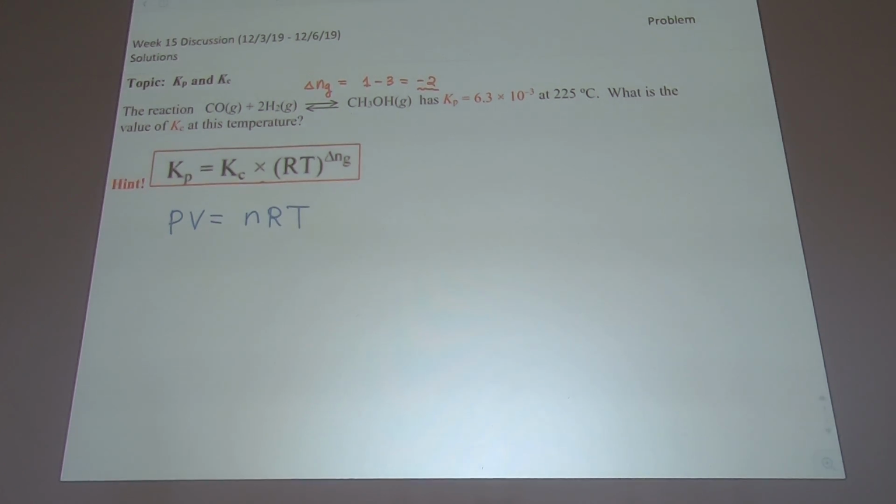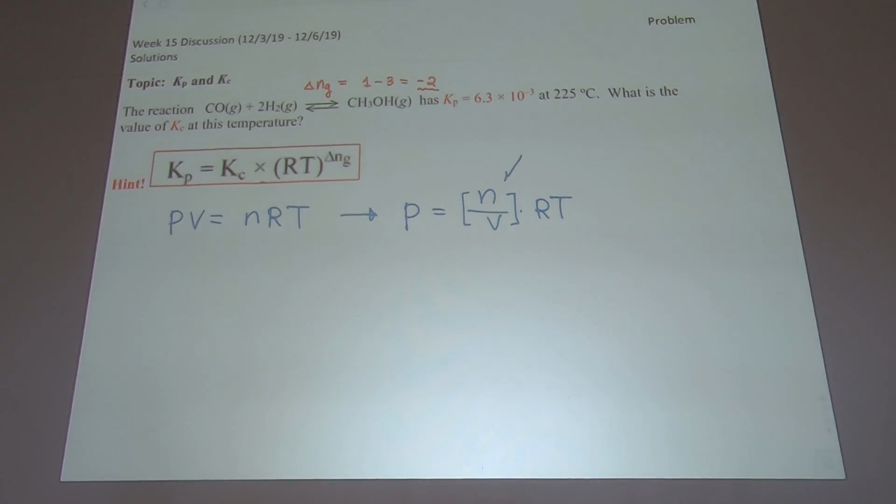Everyone knows this equation, right? PV equals nRT. And then I'm going to change this equation. Our pressure is n over V times RT. Right? And I will put a little bracket to emphasize